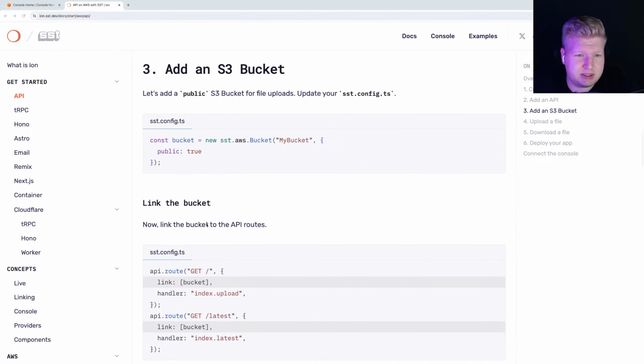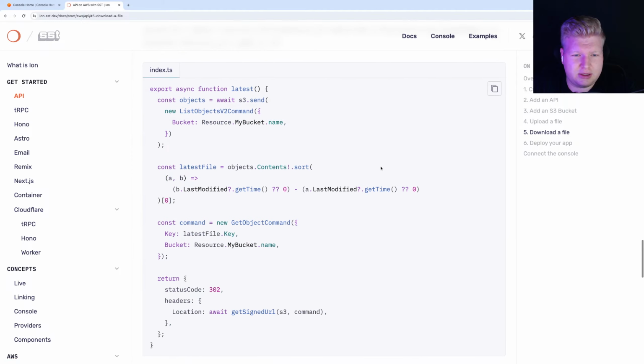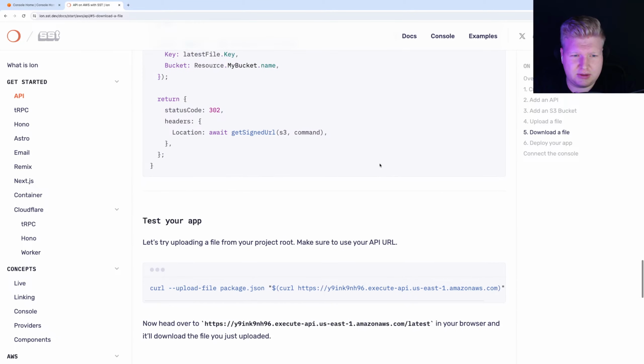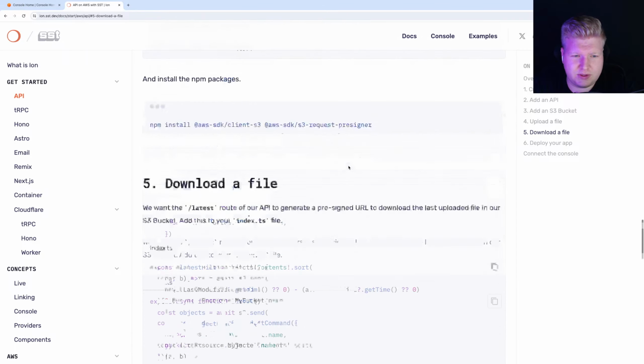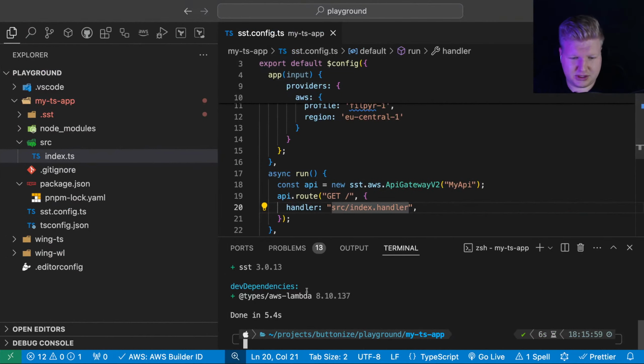So, okay, let's say we can skip this. Yeah, whatever. Download the file. I got it. Test your app, but there is nothing written about deploying my app. So I guess it's gonna be just like SST deploy.